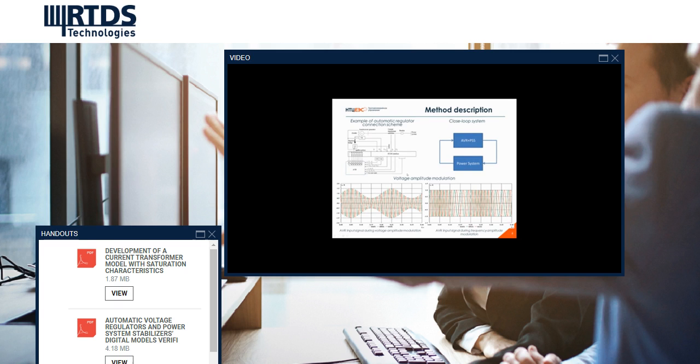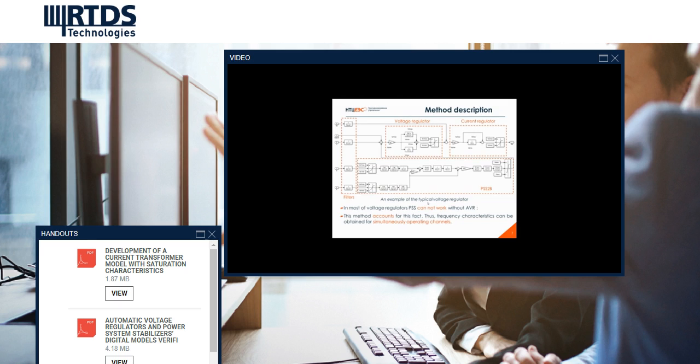Here is a scheme of the connection between the RTDS interface and the real AVR, and the input signals in this test procedure. This slide shows one of the typical AVR structures, which includes the following elements: a usual PID voltage regulator, and a PSS with two channels as inputs: rotor frequency, which is normally calculated from the frequency of the voltage, and